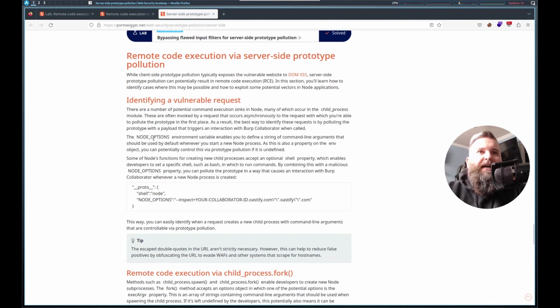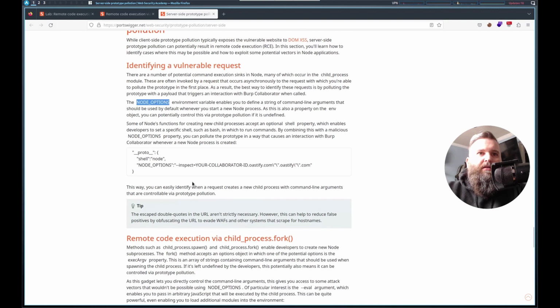So we've got node options. We can try this, node options, and this string of command line arguments. Let's try to get the global